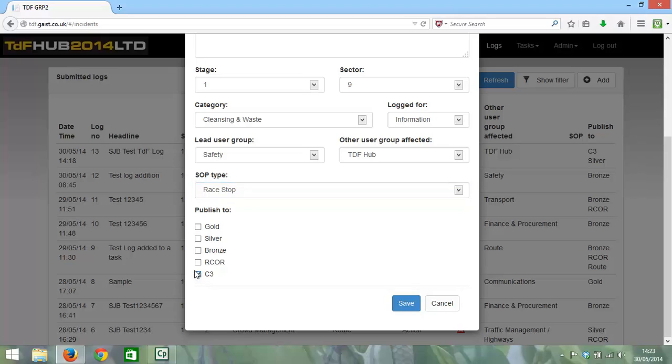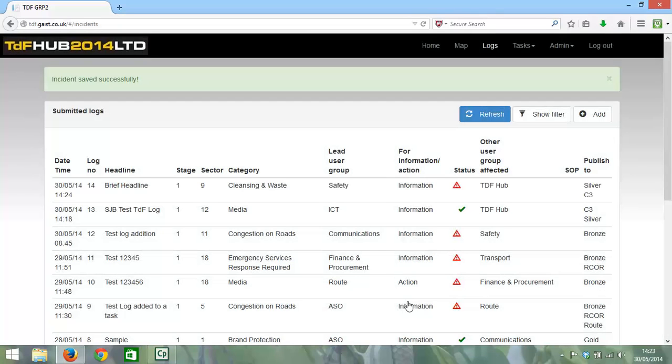In my case it's C3. I'm going to publish it to C3 and silver. And I'm going to click Save. And now my log has appeared on the top of the list. So I'm going to open that